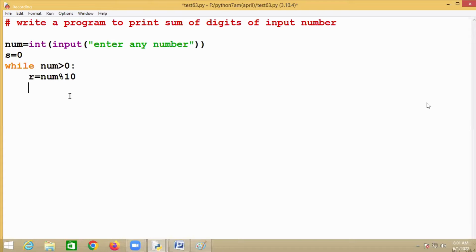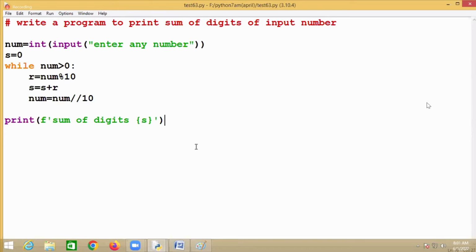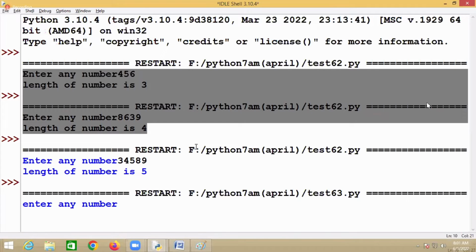So this will get the remainder. Then sum equals sum plus remainder. Then number equals number divided by 10. That's all. Then print the sum of digits, the sum value. So if I run this,